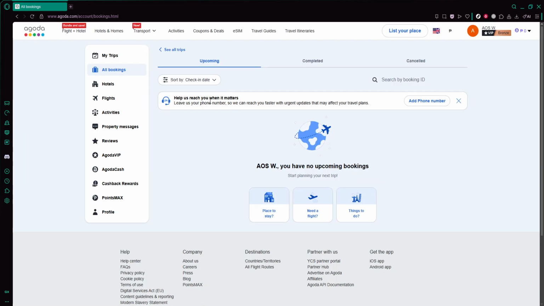Find the reservation you want to work with by looking at the property name, the destination, or the check-in and check-out dates. When you've identified the right one, click on that booking. This will open a detailed view of that reservation. Inside the booking details, you can usually see important information such as the guest name, dates, room type, and property